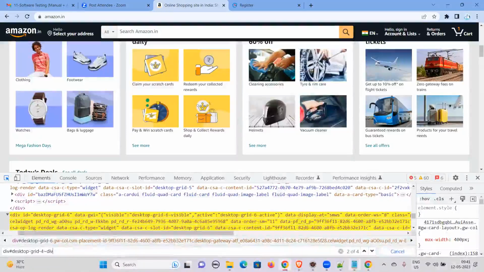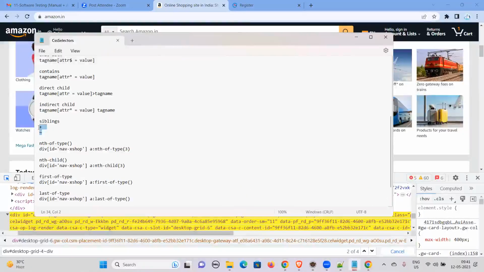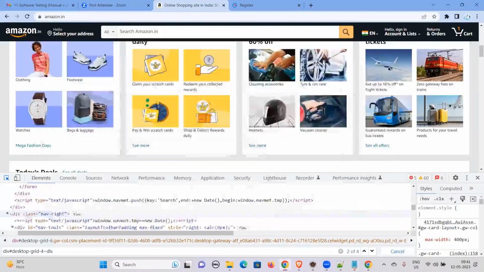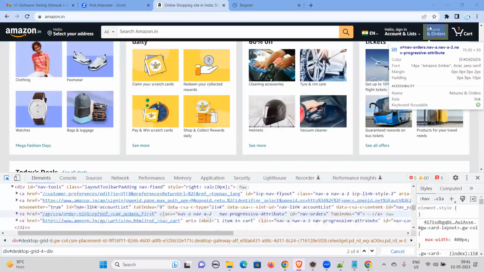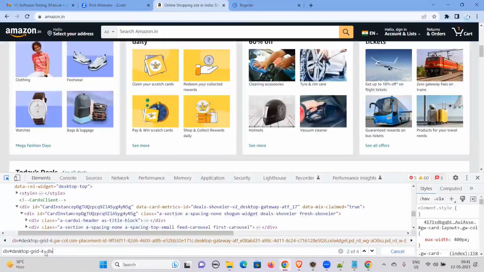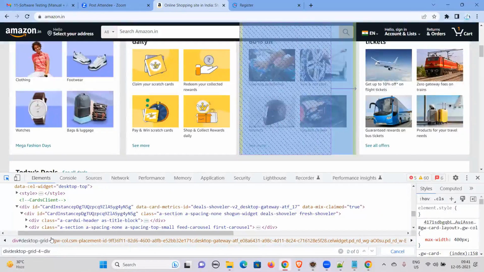Okay, so let me just show you in this way. So we have siblings here. So following sibling and preceding sibling. Yes, it should show this. So let me take one other thing. So I'll just try to add ID equals to